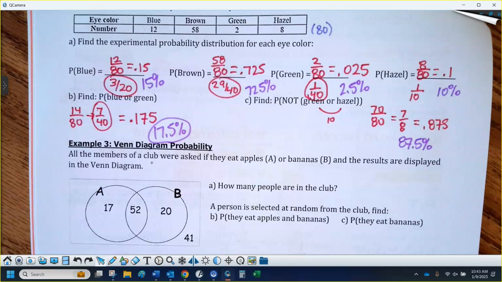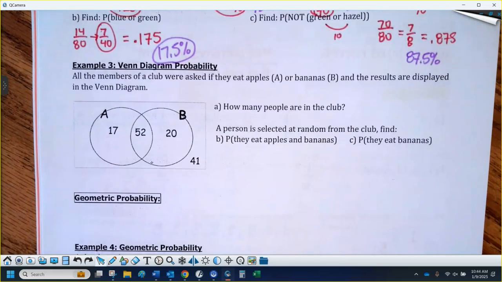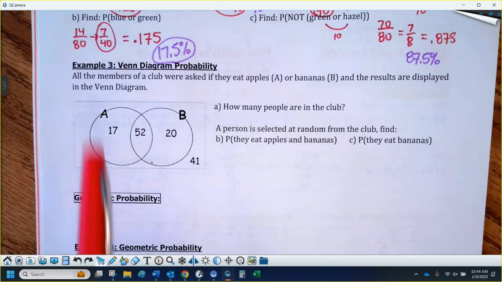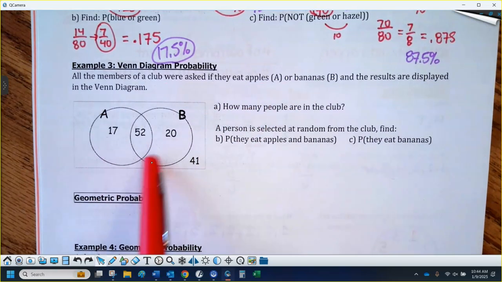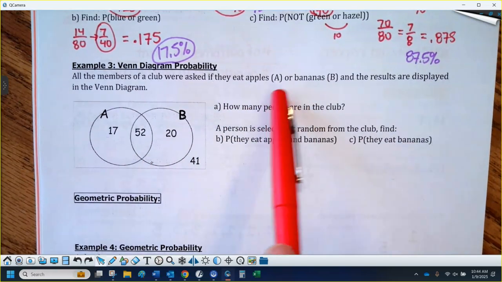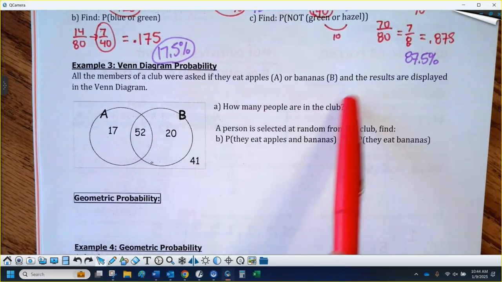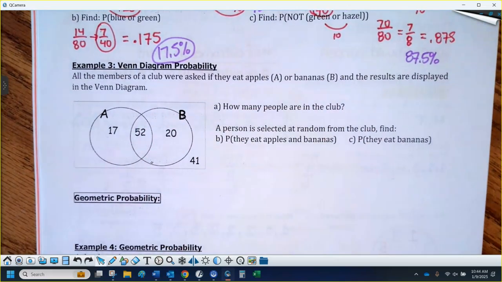Okay, now this little Venn diagram is also considered experimental probability because I'm collecting data. It's just a little bit different representation. So we're going to have a little Venn diagram here. I'm going to go through and make sure you understand what the numbers in the Venn diagram mean. It says all the members of a club were asked if they eat apples, and they used an A for that circle, or bananas, so we use a B for that circle,